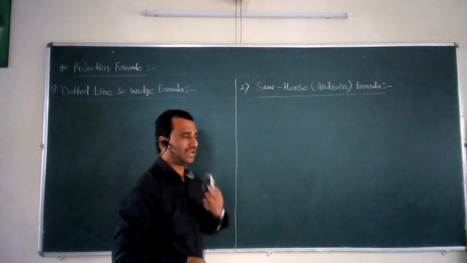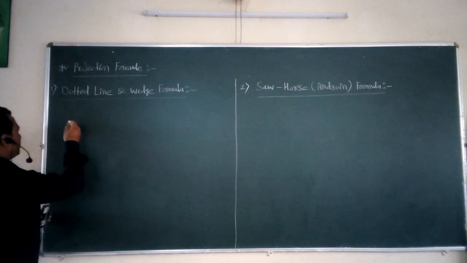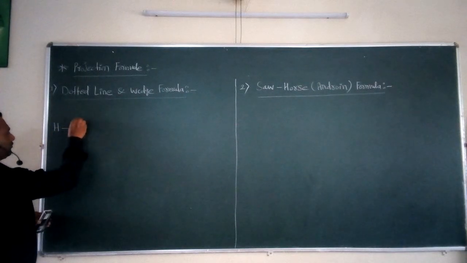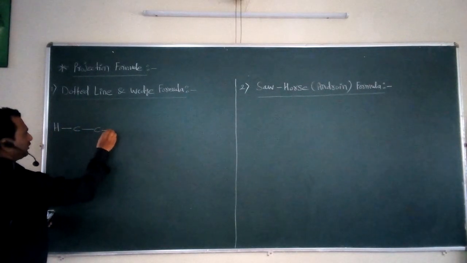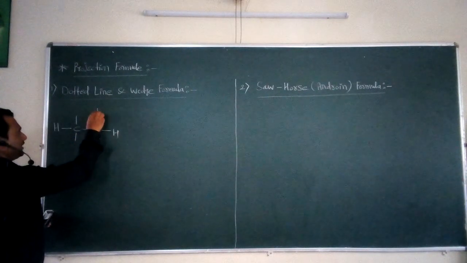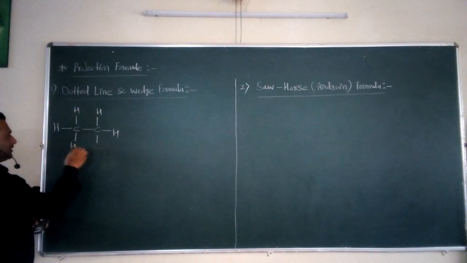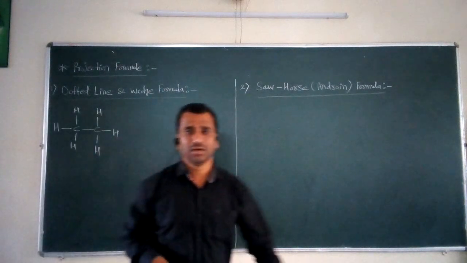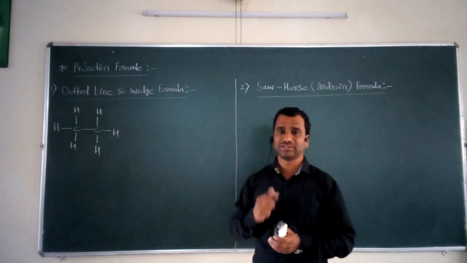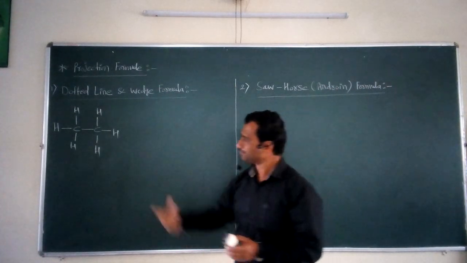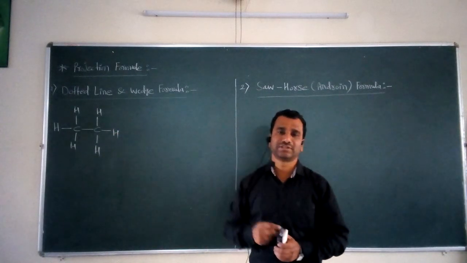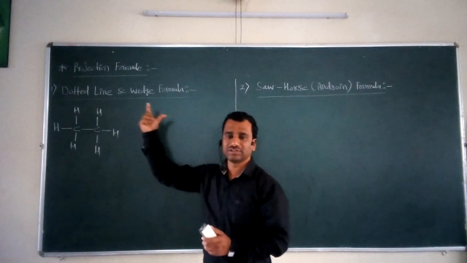For this purpose, we take the help of one simple organic molecule for our discussion, that is the ethane molecule. We know the molecular formula for ethane is C2H6. So this is the simple example for our discussion of how to draw the structures of organic molecules by using the dotted line and wedge formula. We want to now draw this ethane molecule in a three-dimensional view, so for this purpose we have to use this first method.